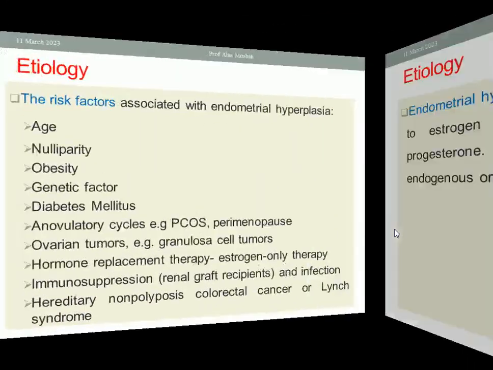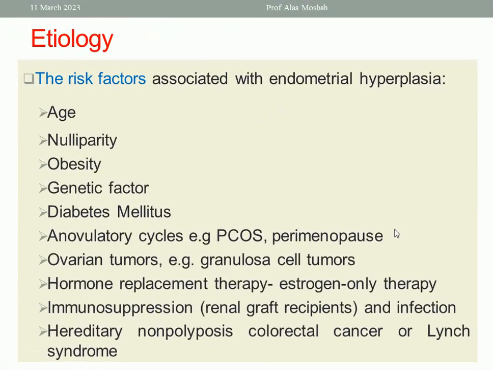What are the risk factors? Increasing age is a risk factor for endometrial hyperplasia. Nulliparity also; pregnancy is protective. Nulliparity is associated with prolonged exposure to estrogen. Obesity, with peripheral conversion and excess estrogen, is also a high risk. So: age, nulliparity, obesity, genetic factors,